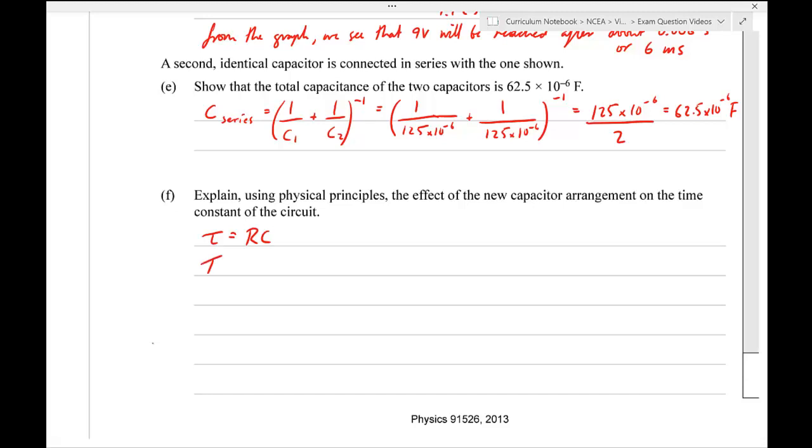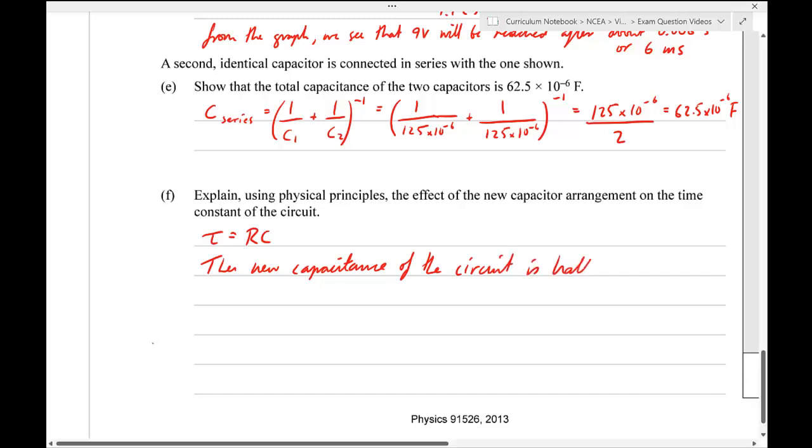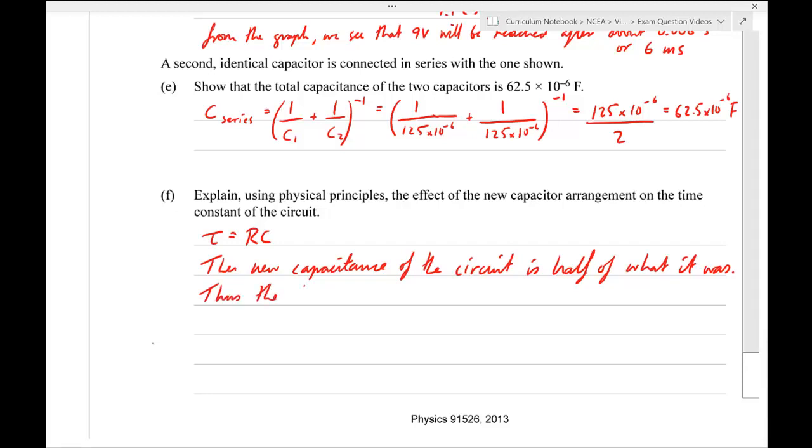The new capacitance of the circuit is half of what it was. Thus, the time constant will have